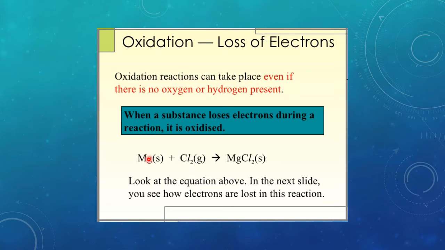Next, by loss of electron. For example, here, in this reaction, oxygen is not there, hydrogen is not there, but still it is an oxidation reaction. How? That is magnesium. As I told you, the elements that exist in their elementary form are stable. Their oxidation number is 0 because at this moment they have not gained any electron or lost any electron. But when it is combining with Cl2 gas, it is able to form magnesium chloride, where the oxidation number,